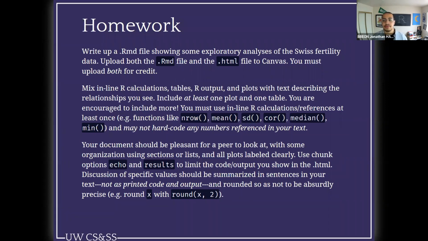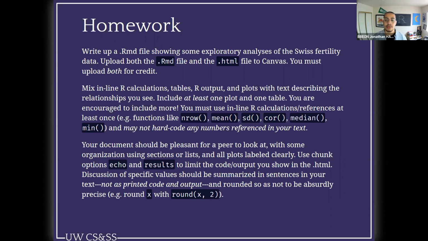And for your homework, you're going to write up a Markdown file showing some exploratory analyses of the Swiss fertility data, which we showed how you can load in. Upload both the .Rmd file and the knit .html file to Canvas.